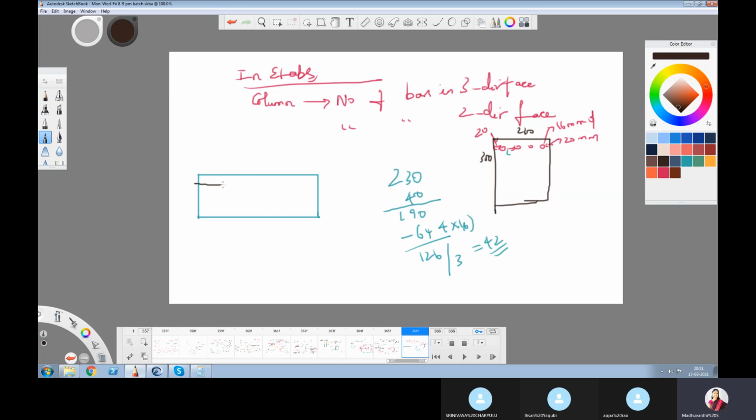If it is a singly reinforced beam, this is the tension zone. So the bending moment diagram will be like this. We provide reinforcement according to the bending moment. So this is the tension zone,